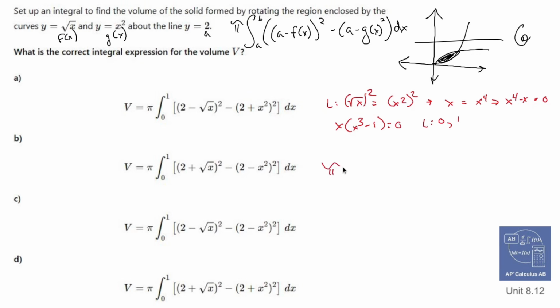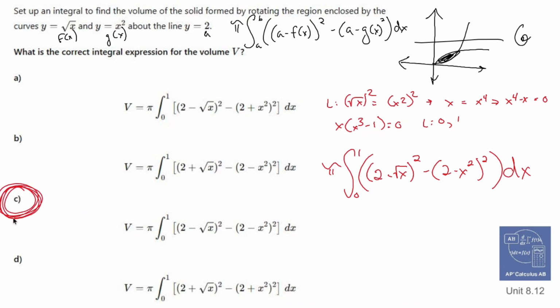So putting all this together: pi, integral from 0 to 1, parentheses, a is going to be my 2. So 2 minus f of x, which is the square root of x, so 2 minus the square root of x, squared, minus 2 minus g of x, which is x squared, squared, close it, dx. And the one that seems to match that is